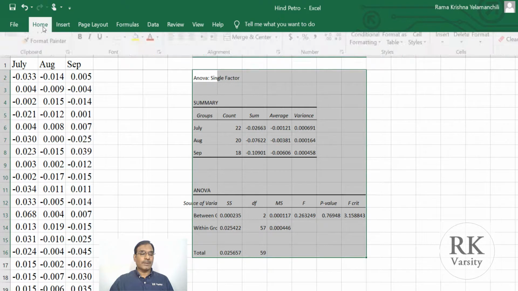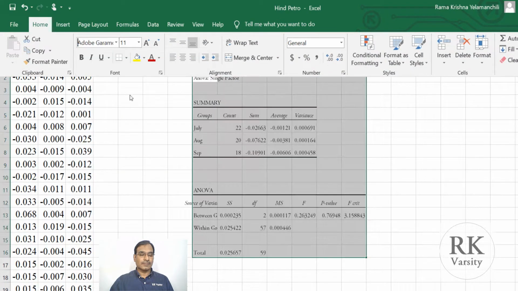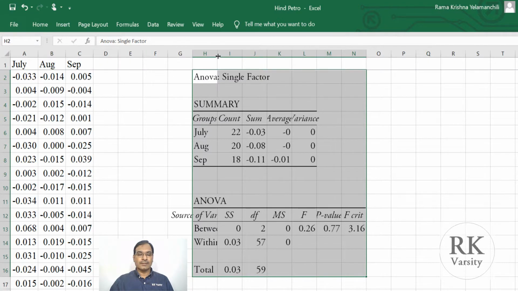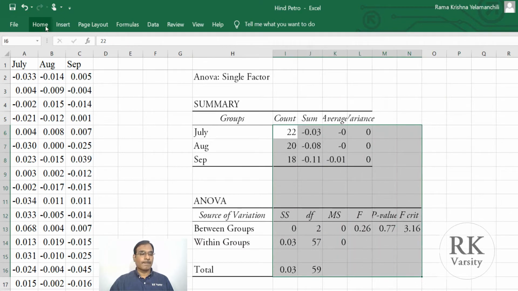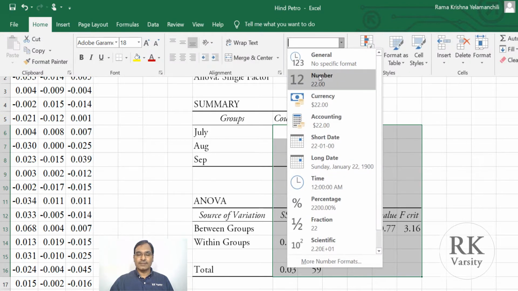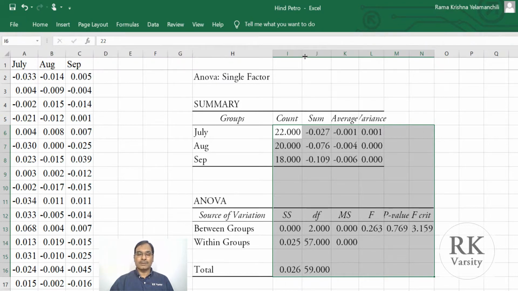Now we format this. Format the numbers to 3 decimal values.